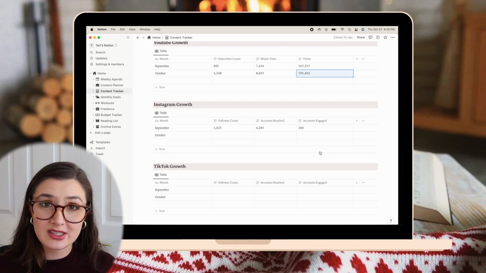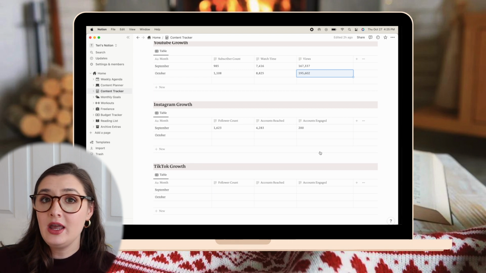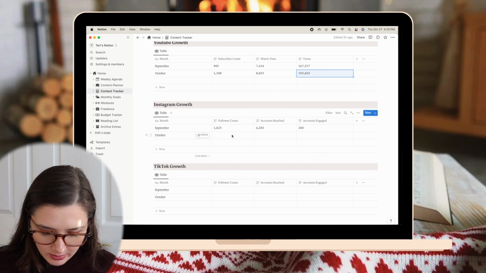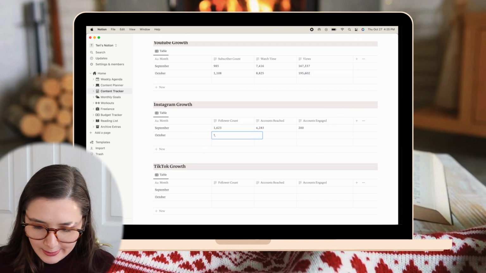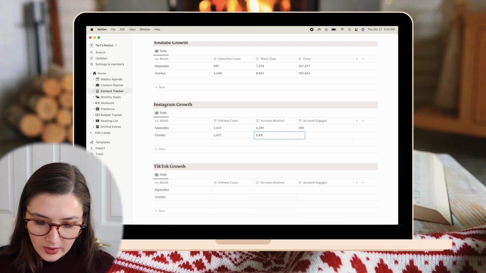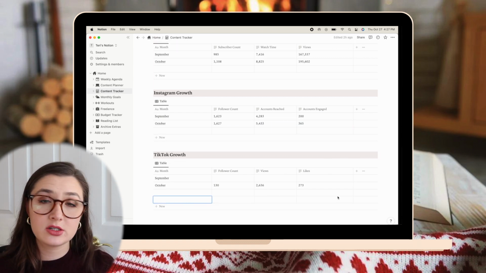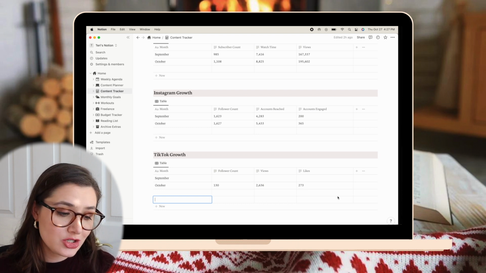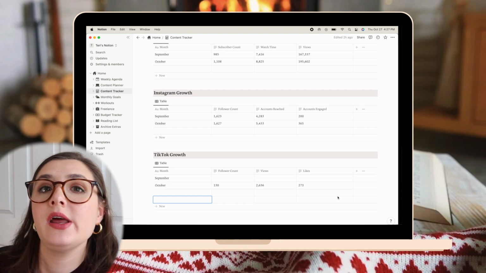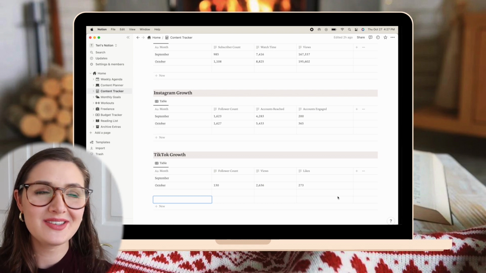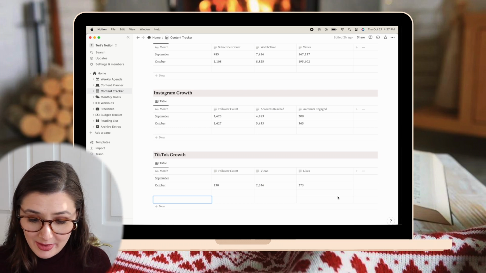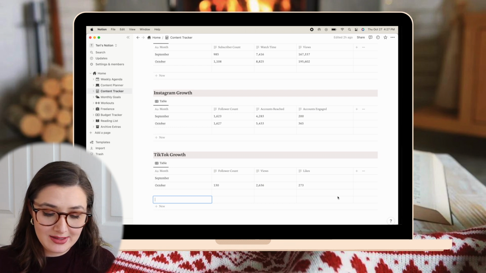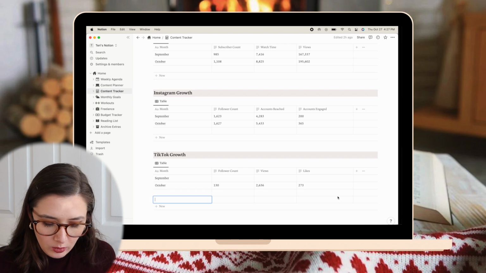All right, going to Instagram and TikTok, there's not much growth in these areas, and I know that because I don't post as much on Instagram and TikTok as I used to, or as much as I should, or want to at least. I'll put the numbers in, but it ain't much. So I'm very small on TikTok. I started way later, and just like Instagram, I really haven't been posting that much, which is something I really do want to work on. That'll be one of my 2023 goals for sure. But for now, I'm happy. I even had a little bit of Instagram growth, but it's definitely been way higher in the past, not follower count. I'll work on that.